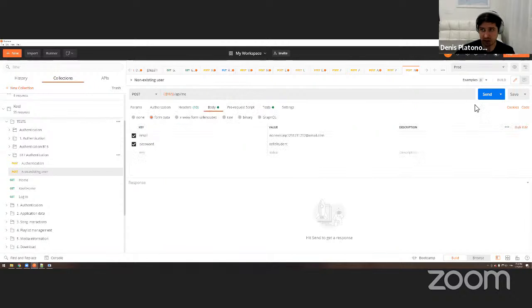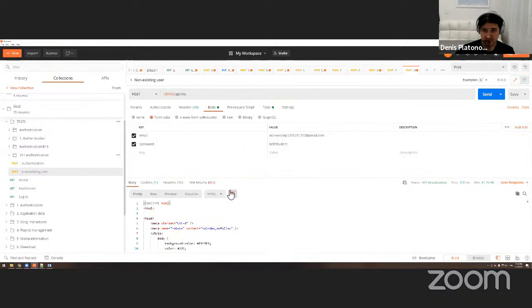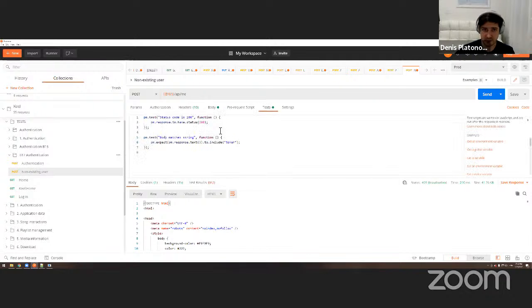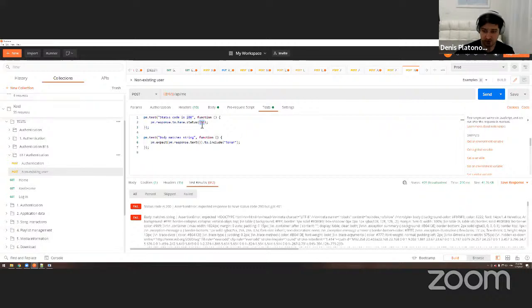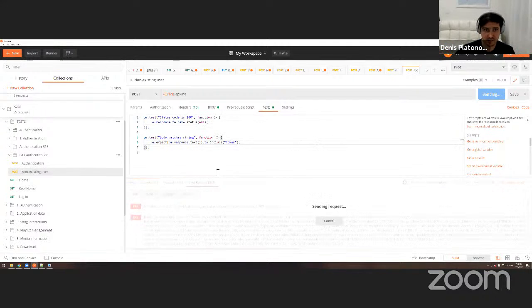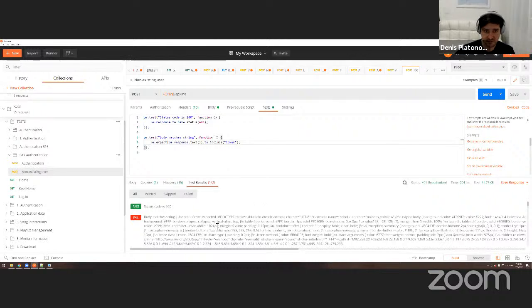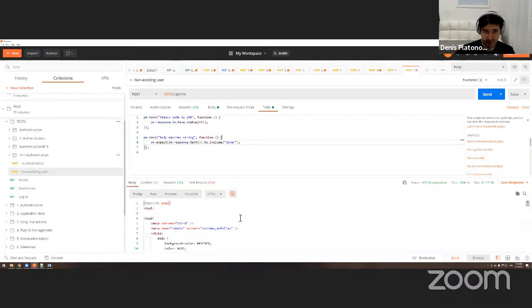Because if we do it like this, we will get what? First of all, you see status 401 unauthorized. So obviously we need to go here and change it, because right now both failed, of course, because we just copied. So if I do 401 now and send it one more time, okay, this one is passing now, this one is failing. Why? Of course, because we're getting some empty page, right? Some HTML back. It's not even like the API call. It's just HTML.